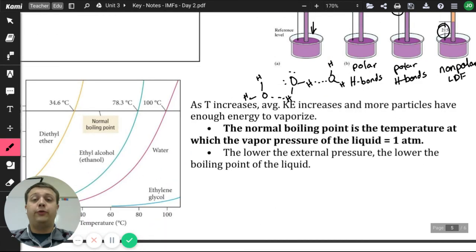Okay, so moving on. Now, one thing to keep in mind is that as our temperature increases, our average kinetic energy increases, and more particles are going to have enough energy to vaporize. So what do I mean by that? Well, essentially, if I increase the amount of energy or the temperature of the substance, now we've got more particles that are moving around, which means we've got more space between those particles, which means they are much more likely to actually vaporize, right? We're going to start overcoming